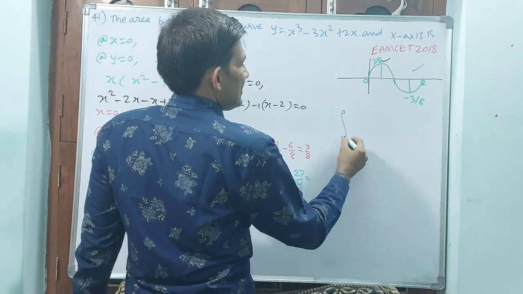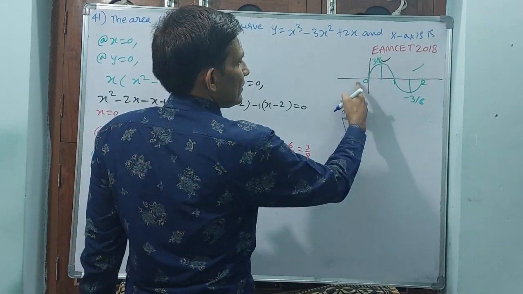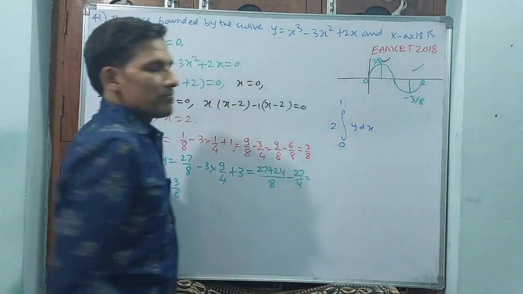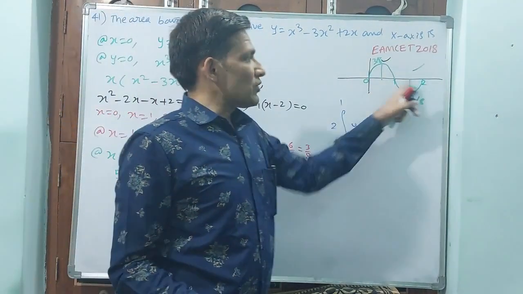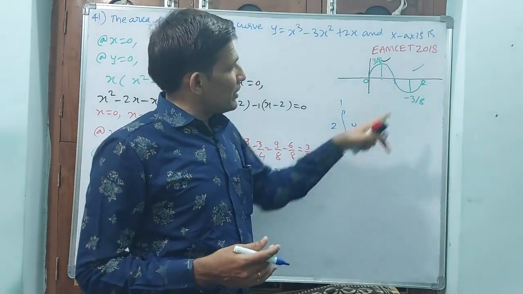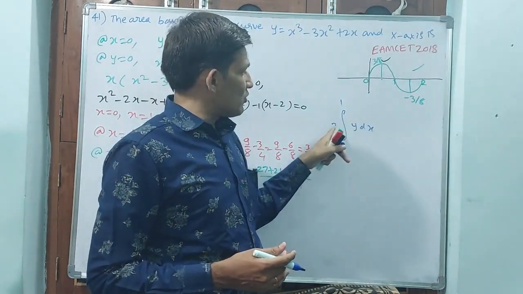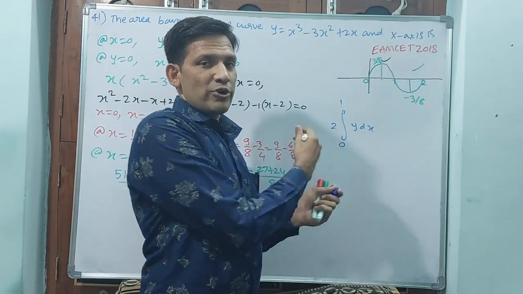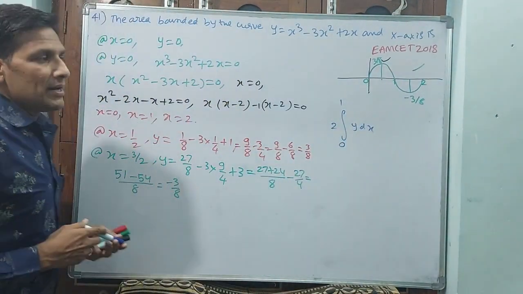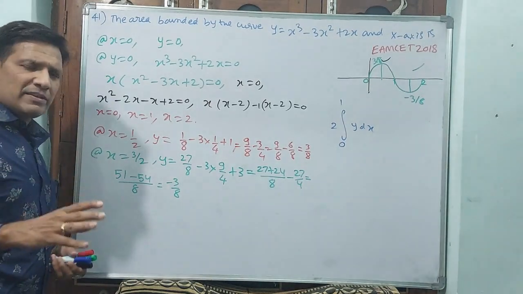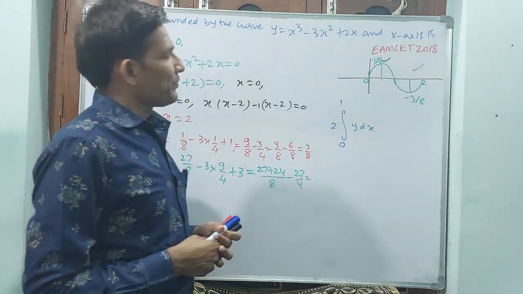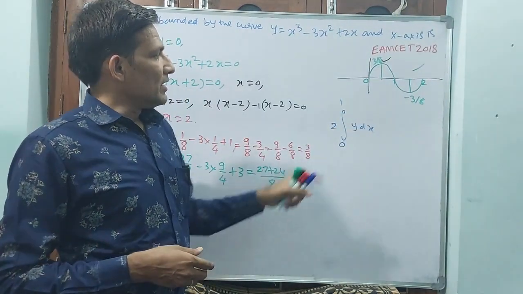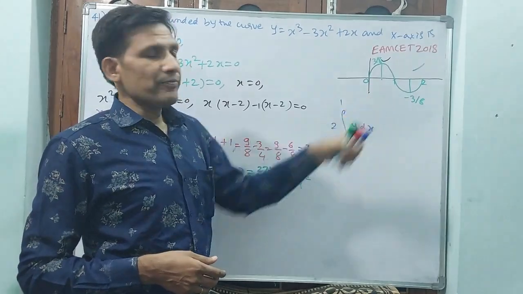You take integral from 0 to 1, 2 times you do y dx. Why? Because this is also the same. Area is a positive quantity even though it is in the negative field, but 2 times you have to take this area and this area. Negative means minus you have to keep outside and it is going to become plus. Like that you have to do the analogy. In simple words, this is like a modulus. This area modulus you have to take. Negative you should not take as area. Okay. Shall I take 0 to 1 2 times?